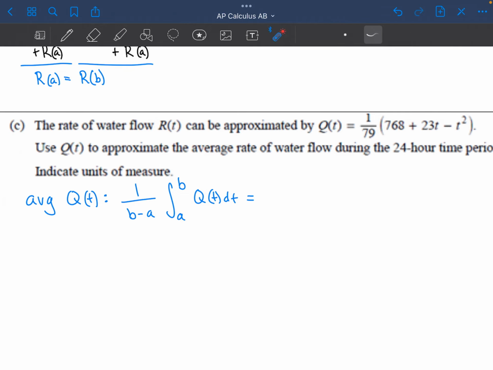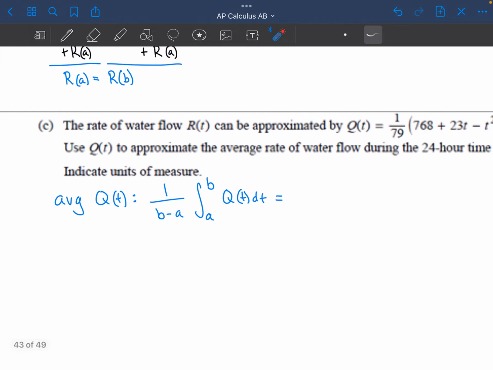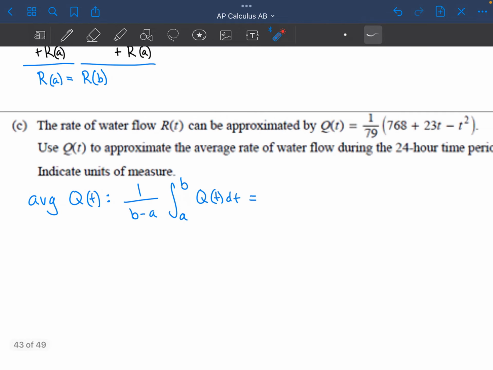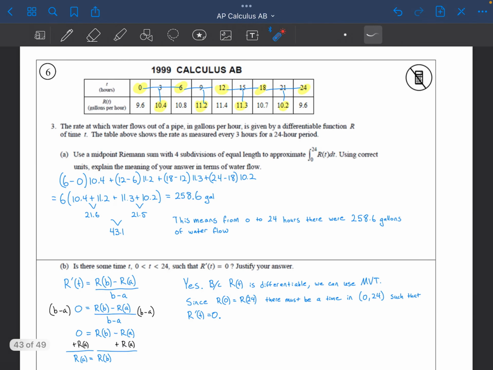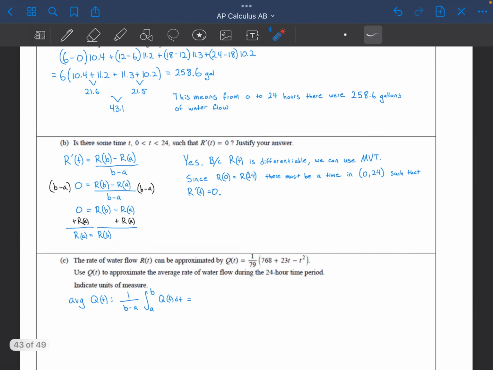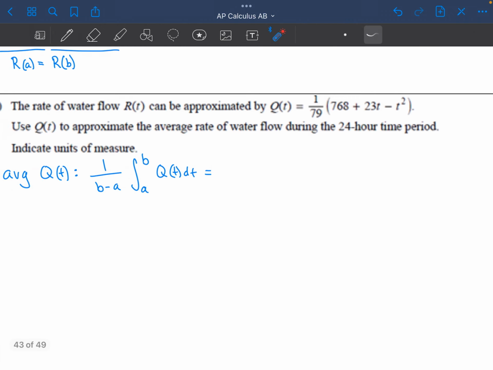And I'm noticing it's telling us it's a 24-hour time period, and that's all it's really giving us for the interval. That makes sense because the table up here is between 0 and 24, so our bounds are between 0 and 24 for the 24-hour time period. So for S, that's going to be 1 over 24 minus 0, integral from bounds 0 to 24 of,